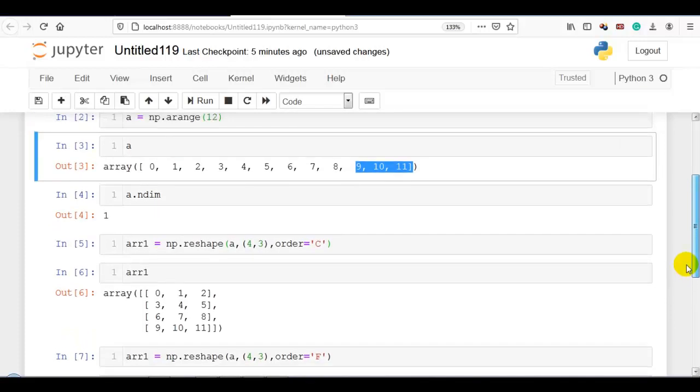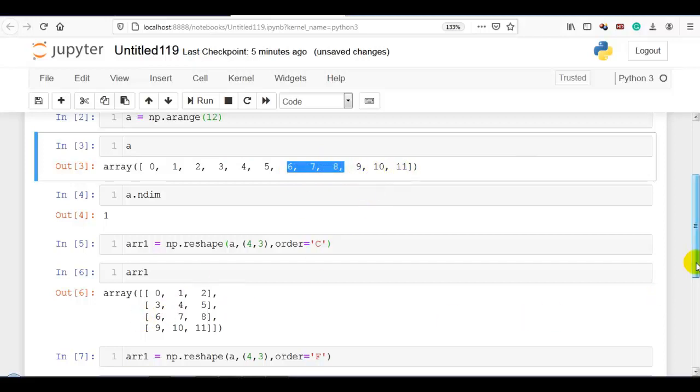So C means row wise. Please remember this. Here it is 4 cross 3, 4 rows, 3 columns. So it will take 0, 1, 2, next row 3, 4, 5, again next row 6, 7, 8, next row 9, 10, 11.